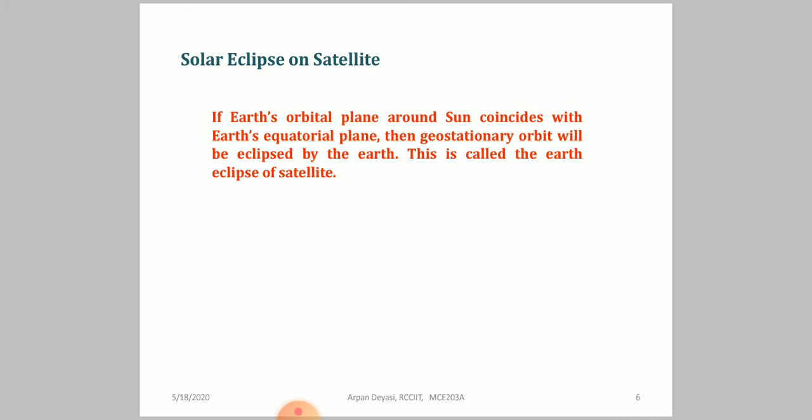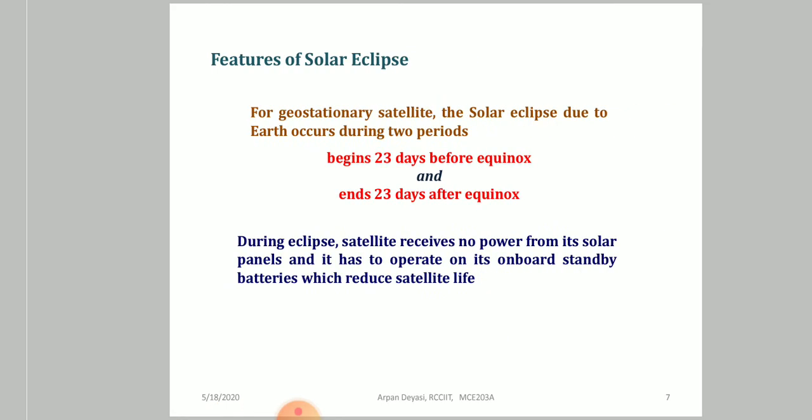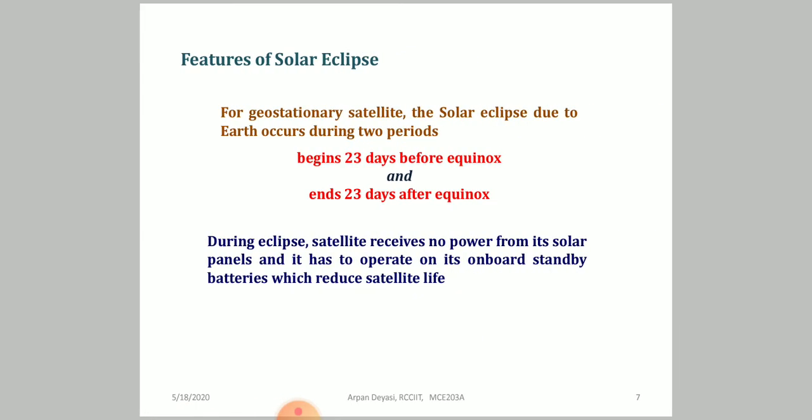That's the actual point you have to consider, whether the geostationary satellite can be eclipsed by Earth, because when both planes coincide and Earth comes in between, it is eclipsed by the Earth. So that's the major factor, which celestial body comes between the sun and the Earth; that is the determining factor here. So without wasting much time, I am going to the features of the solar eclipse, which are very important from our practical perspective.